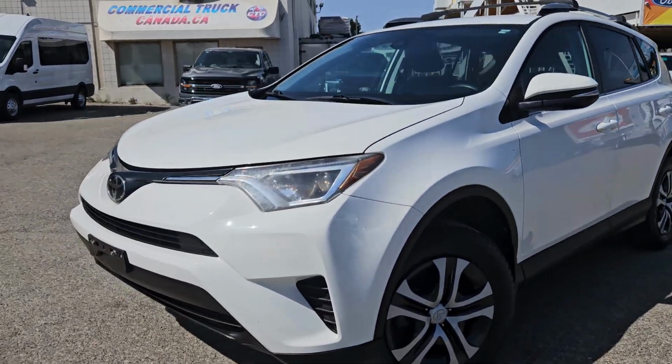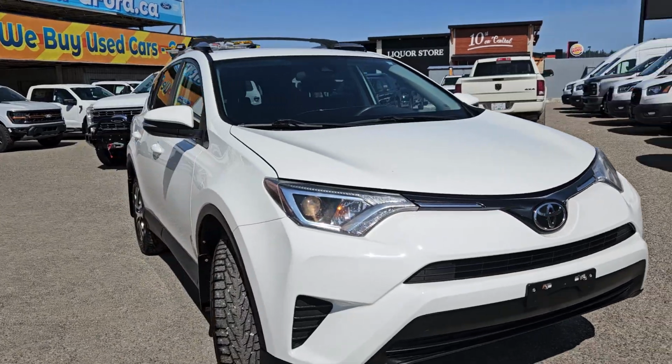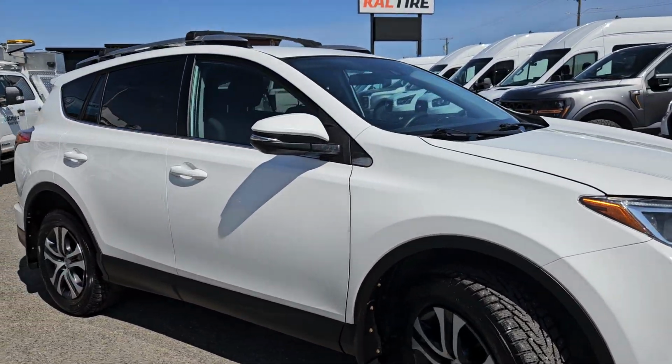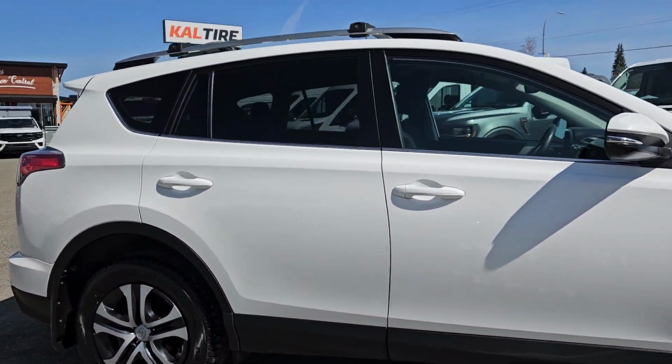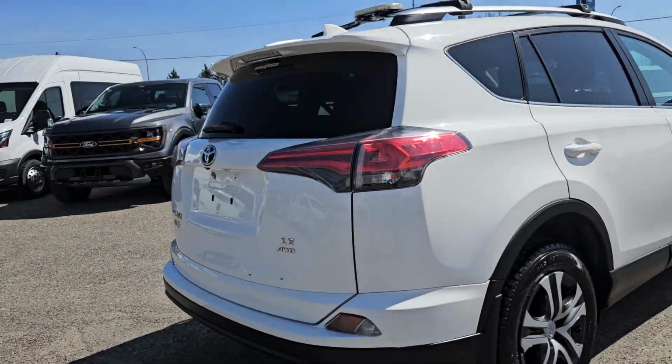Hello, this is Emily coming at you from Prince George Ford, and today we're looking at the 2017 Toyota RAV4 LE. Coming in this nice white coloring, this vehicle is powered by a 2.5-liter engine, has all-wheel drive capabilities, and